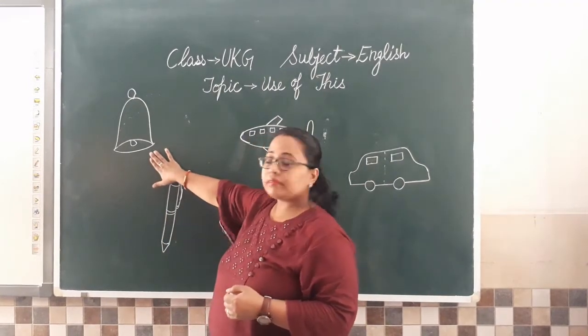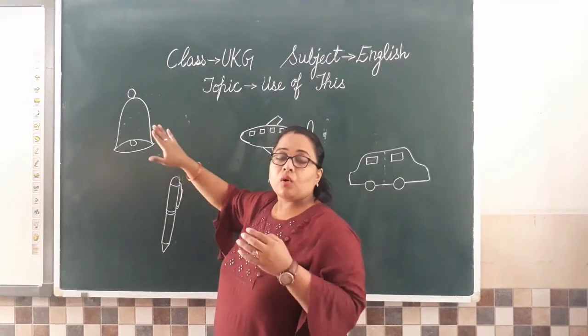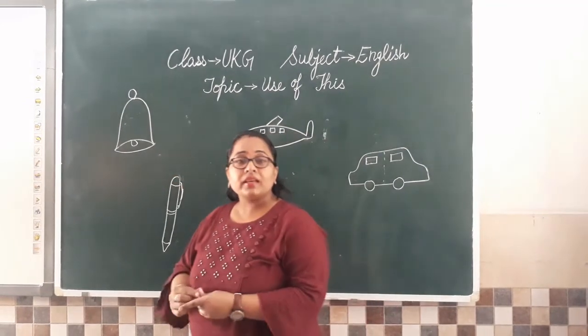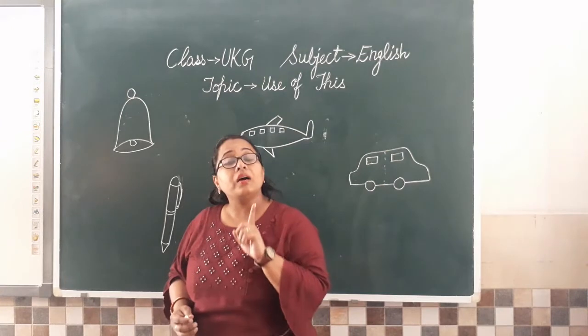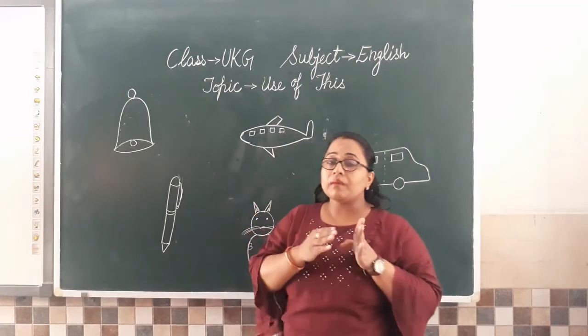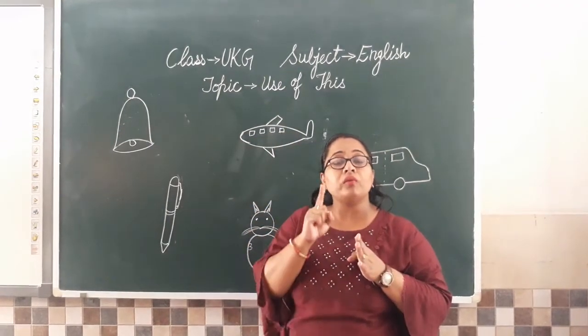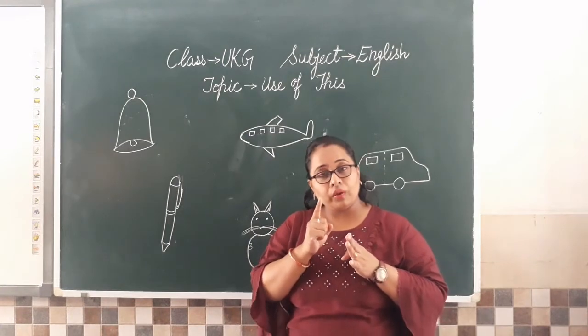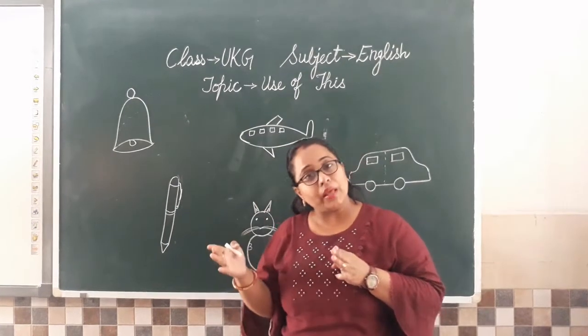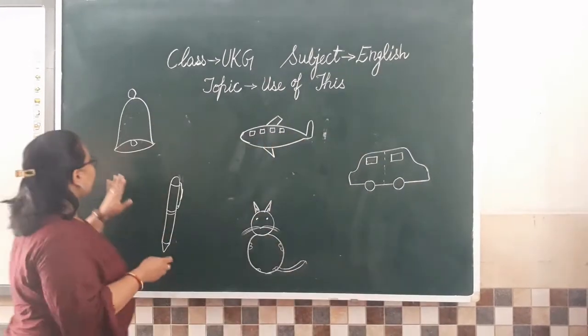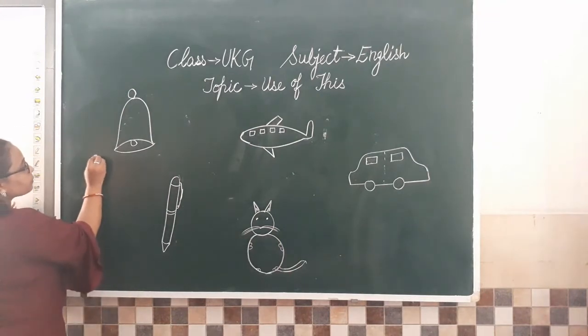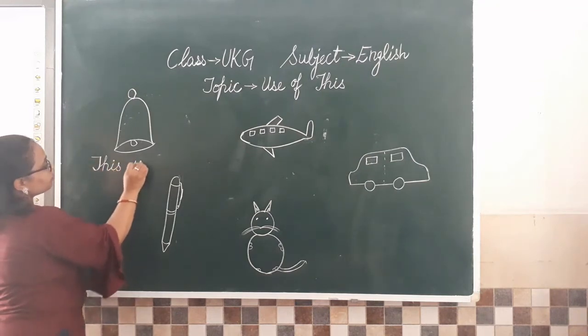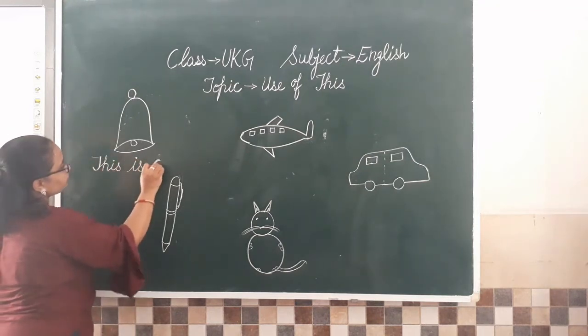See, what is this? Bell. So how are we going to write the sentence? This is a bell. Now look, why did we use this? Because we have only one bell. Okay, this is a bell. So how are we going to write that? I just write here, see, this is a